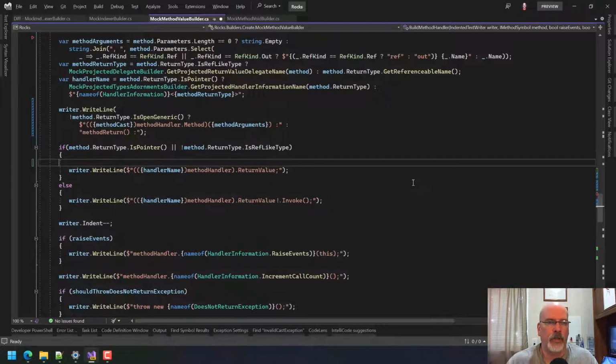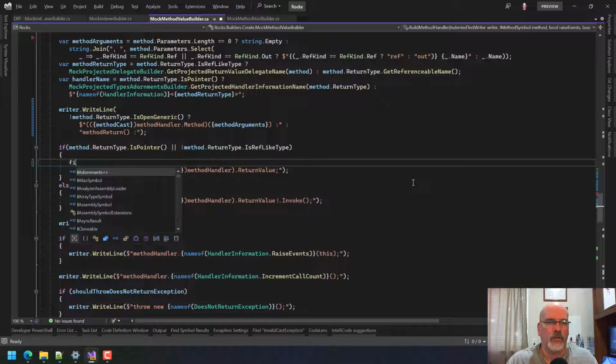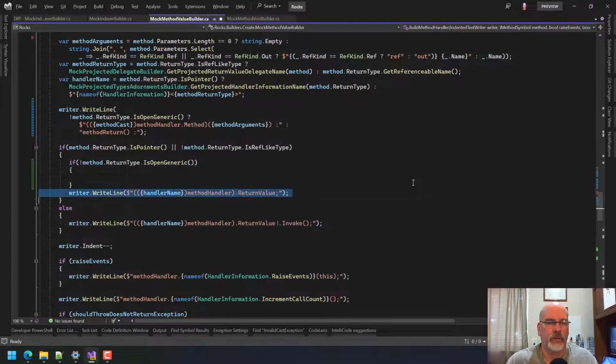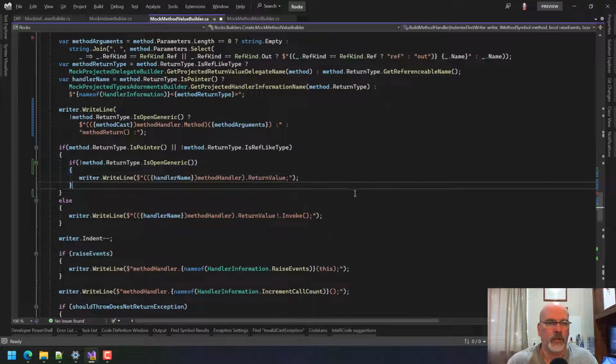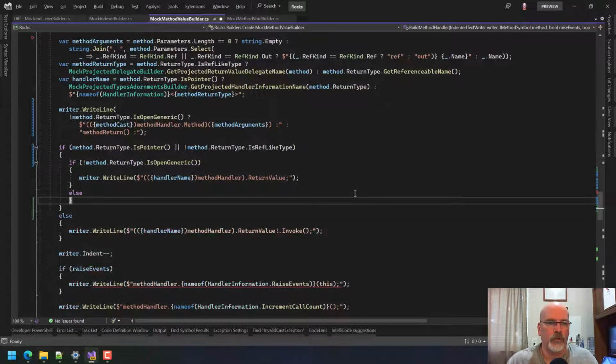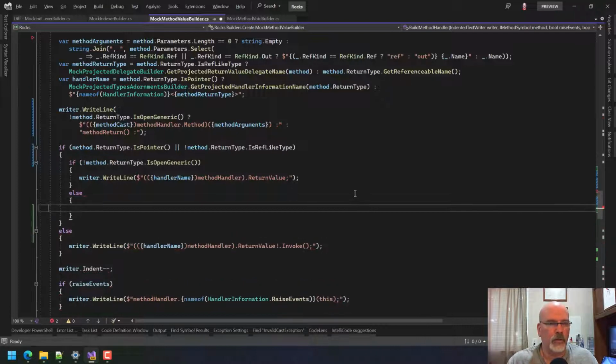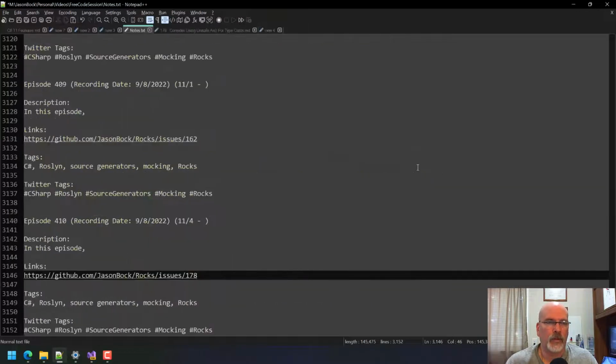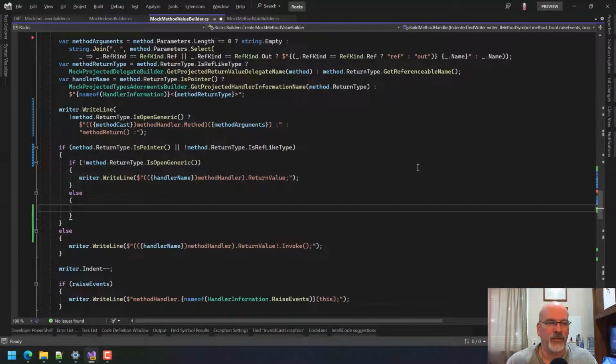So here I would say if the method is not return, it's not an open generic, else what I'm going to do is some fun. Well, by fun, I mean, oh my God, I'm doing the wrong things.